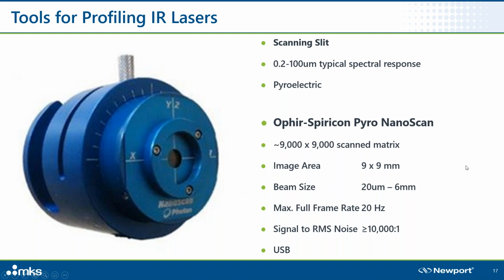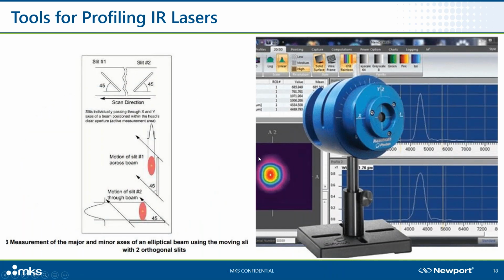Here, scanning slit sensors benefit from very good spatial resolution and very good dynamic range. This particular sensor interfaces via USB and has about a 10,000 to 1 signal to noise ratio. Again, they come with a suite of software that displays the beam in various ways as well as calculates the